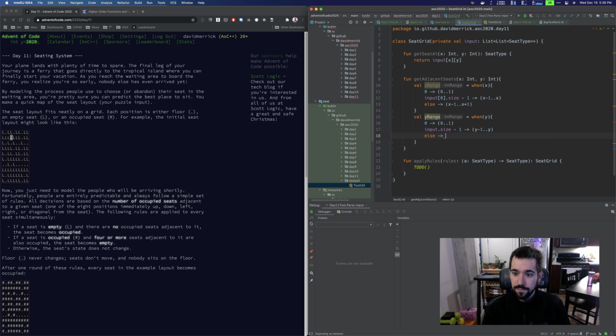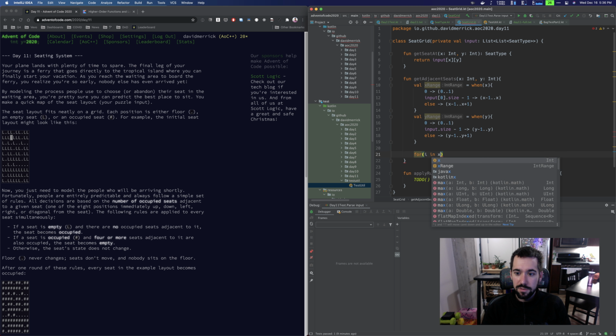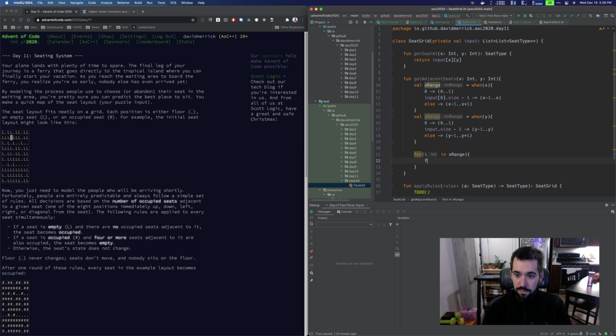Else, same deal, y - 1 to y + 1. And then we'll just do a for loop. I guess I will use this getSeatAt, which will give me that seat type. For i in xRange, for j in yRange,